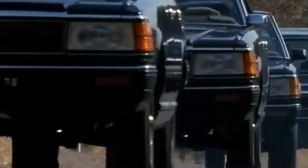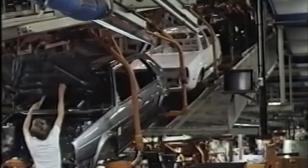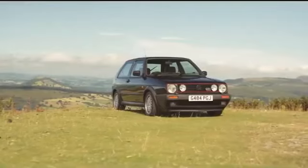Pride in the quality and popularity of the vehicles they produced, but uncertainty about the changing automotive market and increasing global competition. Japanese manufacturers were gaining market share with reliable, efficient cars that challenged European dominance. Volkswagen was feeling this pressure and working to adapt its production methods accordingly. The second-generation Golf